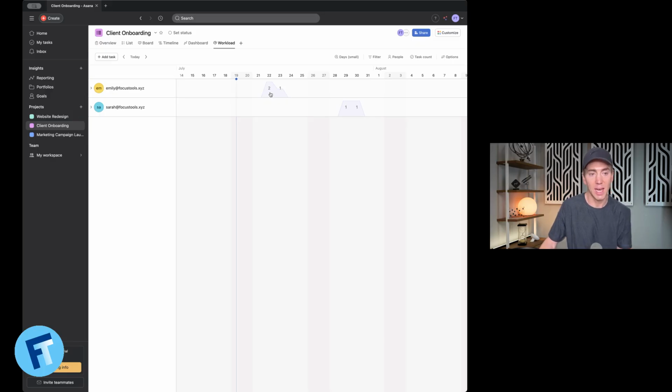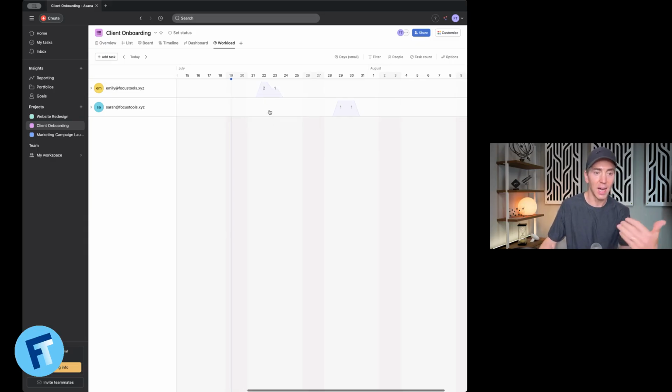So you can see Emily has 2 tasks to do on the 22nd. She's got 1 to do on the 23rd. If another task comes up that needs to be done on the 22nd, I know Sarah's got bandwidth. So this is already something that Todoist doesn't have. I can see who's at capacity. And there's different ways to visualize this within Asana, but just the sheer number of tasks a person has on a day is right there in Asana.